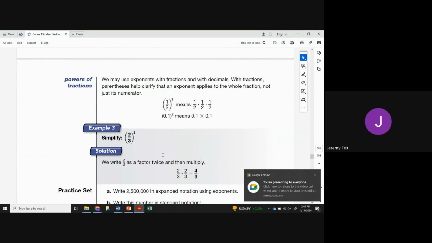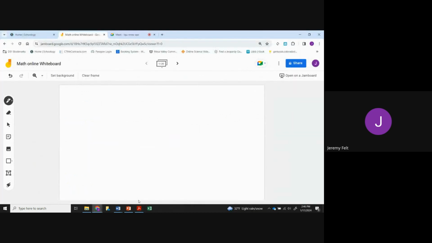Okay, we use exponents with fractions and decimals, negative numbers. Again, it's the same thing. We're just multiplying it by itself. So if I have 2/3 squared, for example, okay, well, I can think of this 2 different ways. I can think of this as